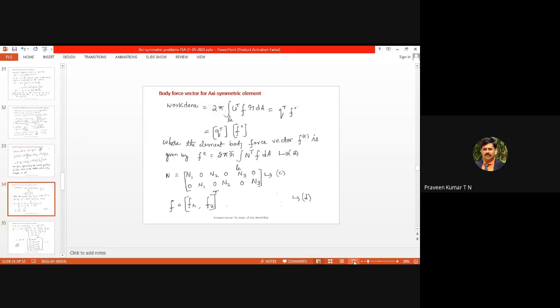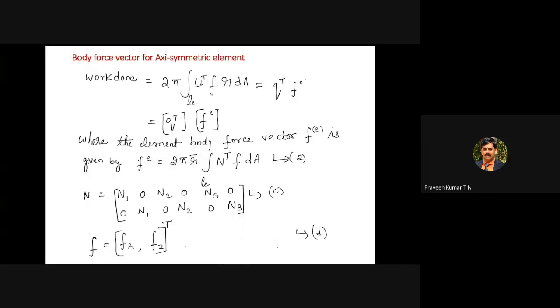The self weight is nothing but the Z direction, because if you consider a cooling tower, the vertical direction is the Z direction. The self weight is also acting. So sometimes it may collapse. If it is not strong, the cooling tower may collapse. Recently, one of the power plants in India collapsed. I forgot the name of the power plant. The complete cooling tower collapsed because of excessive pressure, and it is Fz.